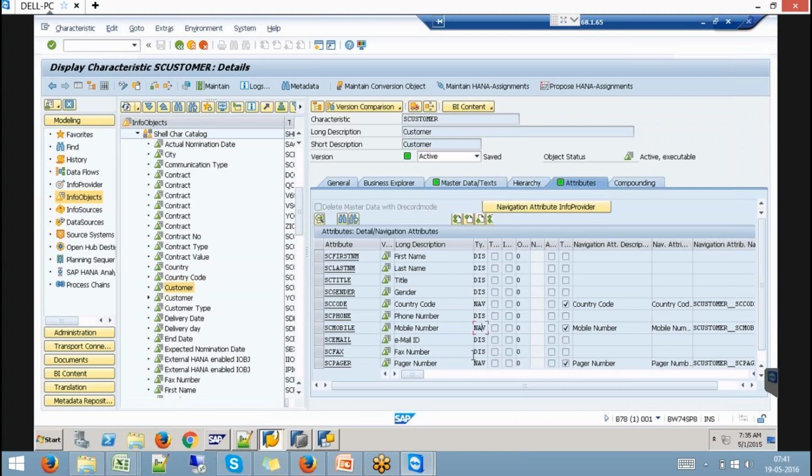But if you remember, after enabling the navigation attributes in InfoObject maintenance, you should also switch them on in the provider. We do not have the flexibility of switching on in the provider for the transient provider. That's why there is no support of navigation attributes for the transient provider. Okay.